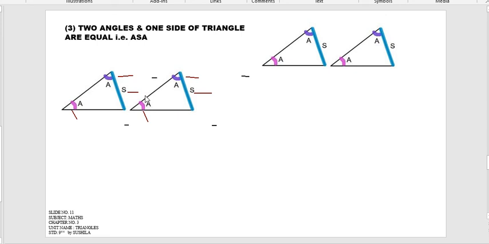Similarly, while listening to this explanation, and simultaneously after completing it, you have to go through other sources also, where you can apply these types of conditions, apply your thinking, and think in a creative and critical manner also. What are the pros and cons of the theorems? Okay, now